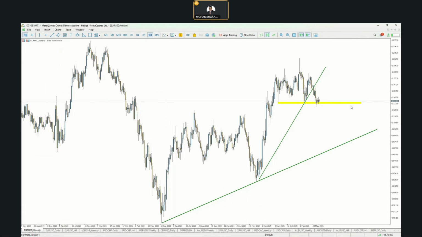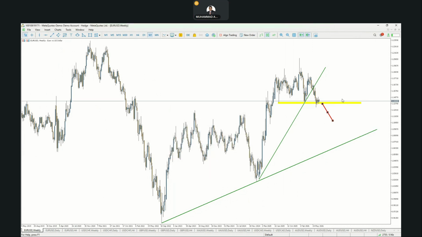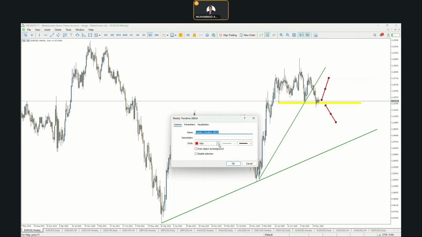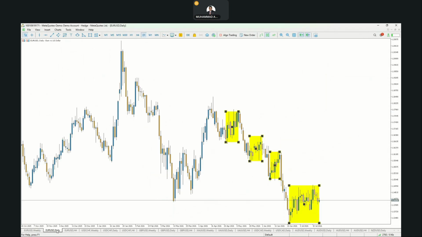This is the weekly time frame. We got this trend line break, but market is finding support over here. So if market manages to break below the support level, then expect further weakness. Otherwise, it's quite possible that market is going to rise back up from current levels in euro dollar currency pair.